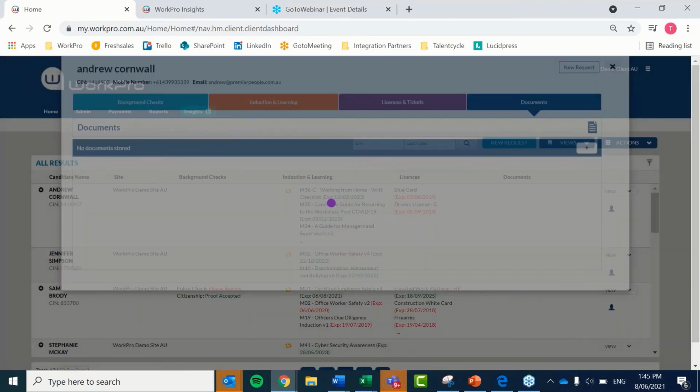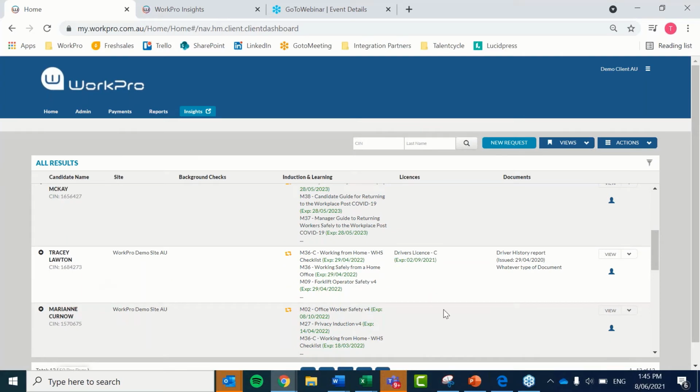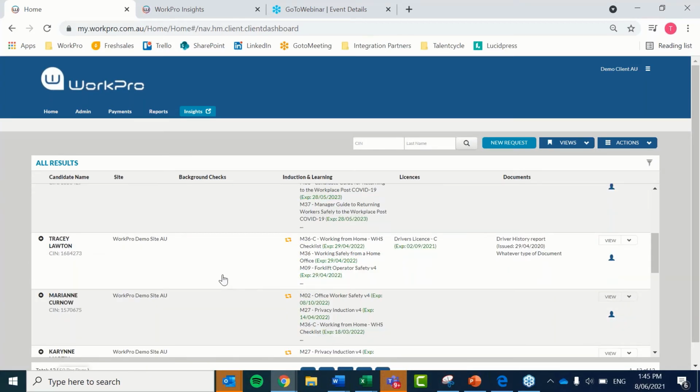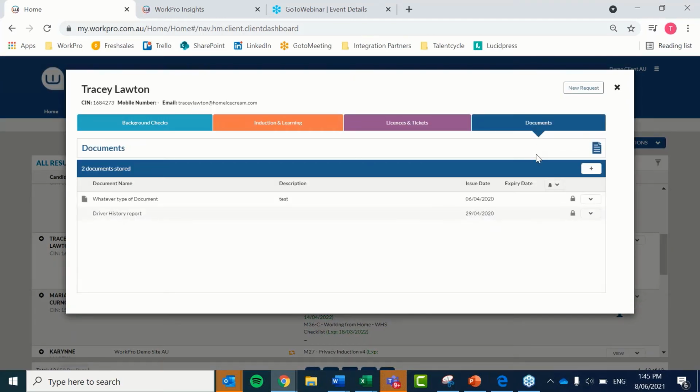I'm just going to go and find myself an example. Let's have a look at Tracy Lawton and her documents that have been uploaded. Okay, so once you've uploaded a document on a candidate's behalf, you can see that by default, that document has